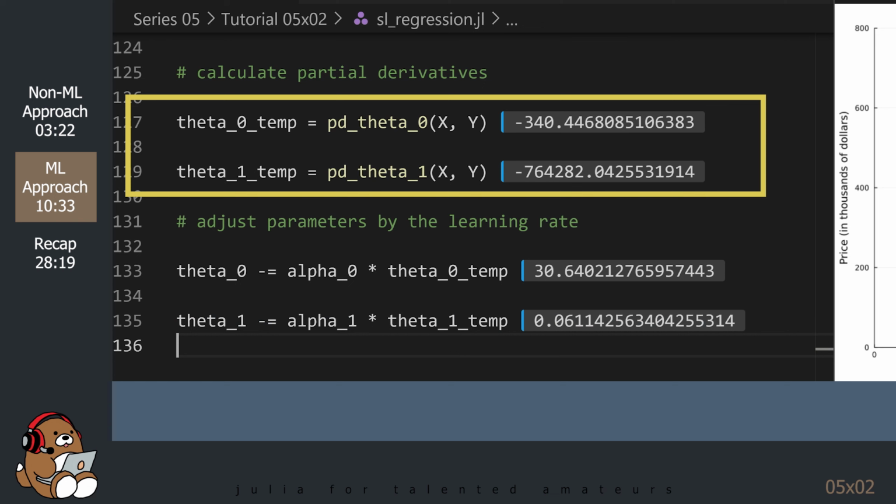Now, let's go back up to theta 0 temp and theta 1 temp. The actual values are not important here, but note that both the values are negative, and note the magnitude of the values. So, what are these numbers? Without getting into the math, here's how you can think about them.